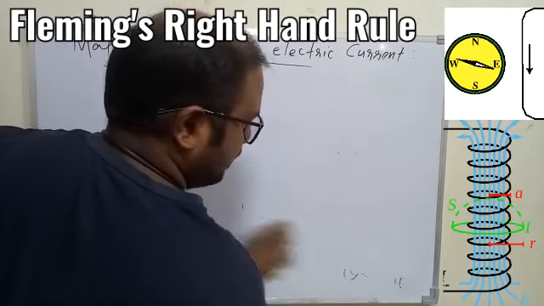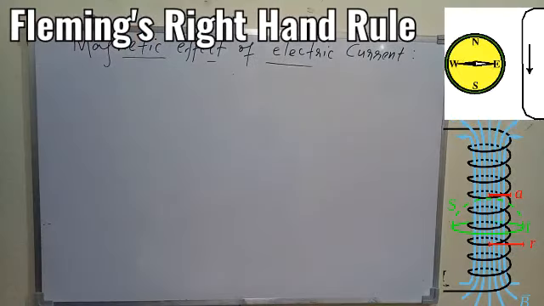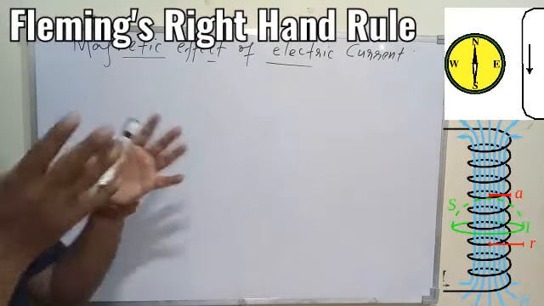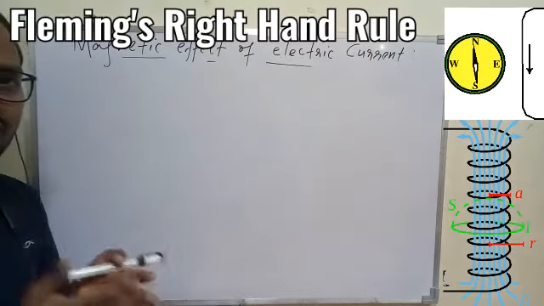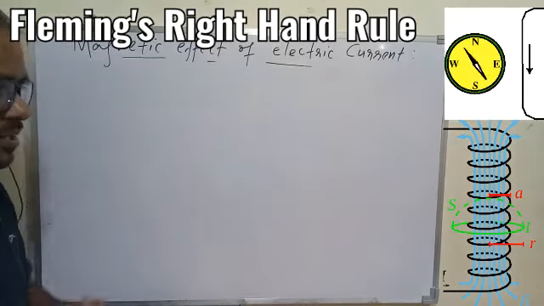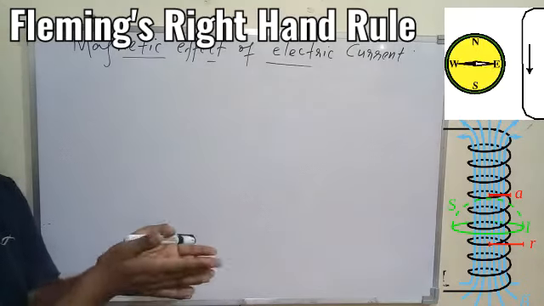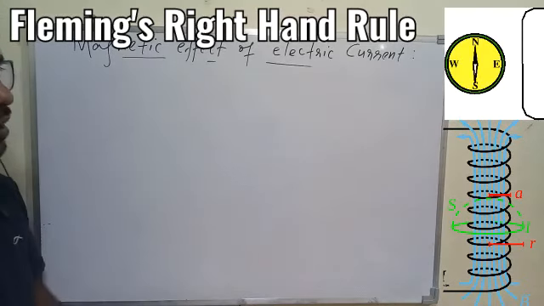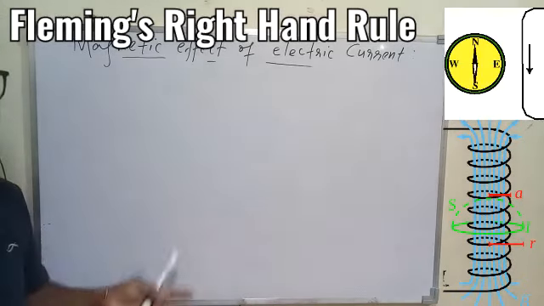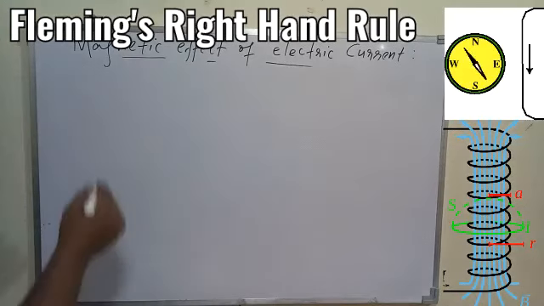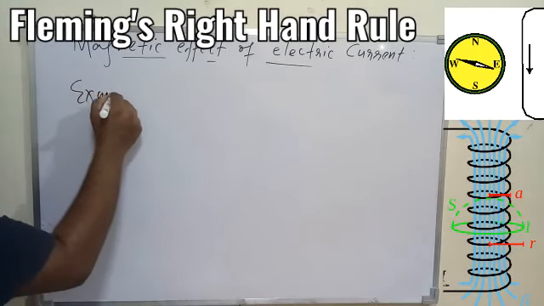So one more thing you should remember, we also did the Lenz's law, that is the induced current in a particular coil, that is circular or anti-clockwise or clockwise. But this Fleming right hand rule is for a part of the conductor or the straight conductor, which is a part of the coil. So don't be confused, these two rules are different, but if you apply both the rules, you'll get the same answer. So let's take examples now.